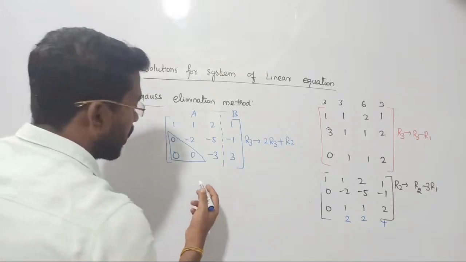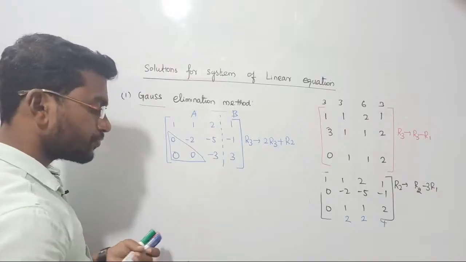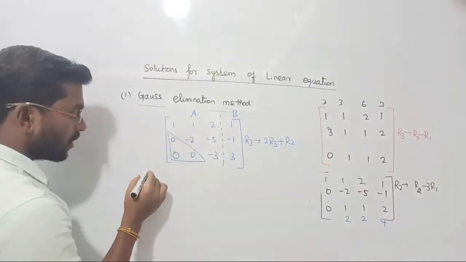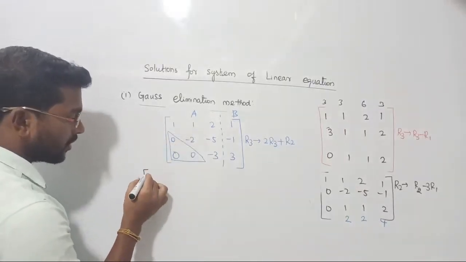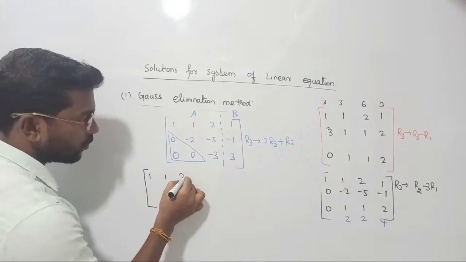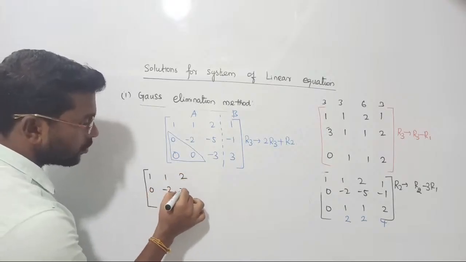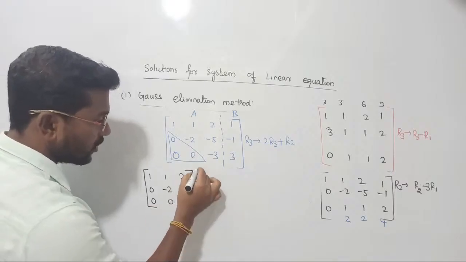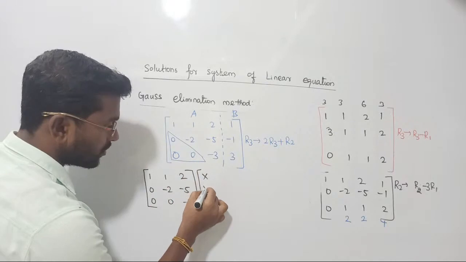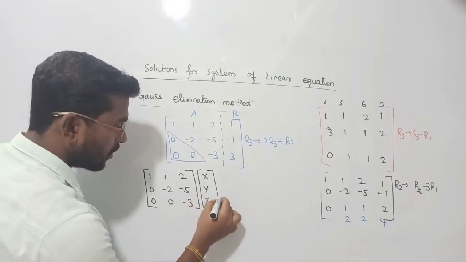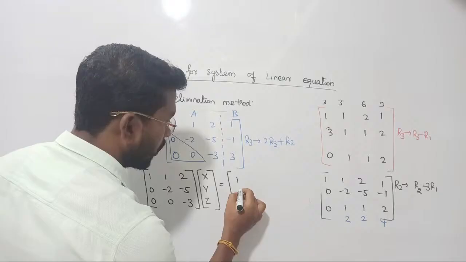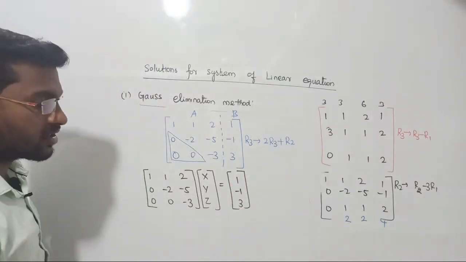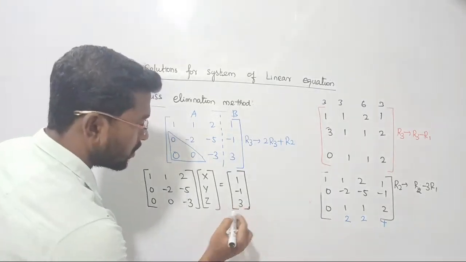Now from this, what is the conclusion? The conclusion is once it is become 0, then we can write the solution. எப்படி எழுதலாம் கவனிங்க, let me write the matrix separately. இப்போ நான் திரும்ப எப்படி எழுதுறேன்னா matrix A வை தனித்தனியா பிரிச்சுக்கிறேன். Matrix A is 1 1 2, I got 0 minus 2 minus 5 and I got 0 0 minus 3. With this actually we are considering our vector variables unknowns, right? X y z, right? And in the right side our matrix is going to be 1 minus 1 3. That is finally what we got after completing the Gauss elimination method, right? So at the end of this Gauss elimination method, now what we are going to do,